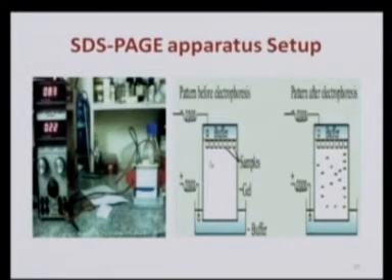On the right side you can see the pattern before electrophoresis and the pattern after electrophoresis. This first one shows before electrophoresis. The samples are loaded into the wells, which are formed by inserting the comb. Once you allow the current to go through this gel, you can see on the rightmost side of the gel that the proteins now get separated. The individual dots indicate the separated proteins. That's how it looks before separation and after separation.